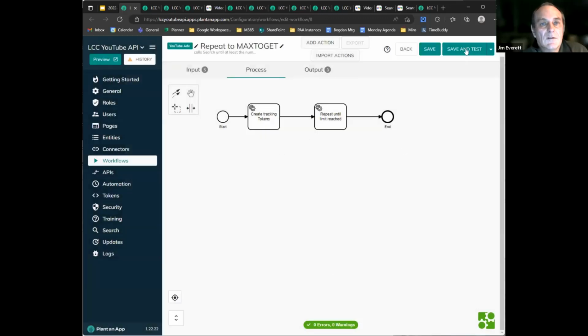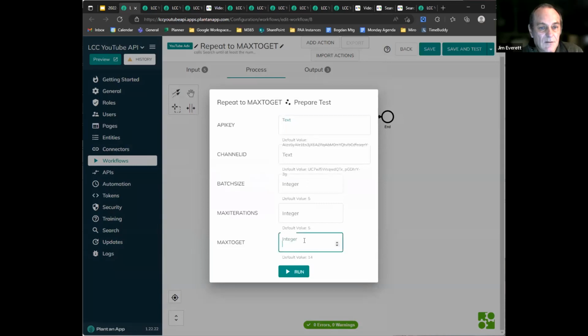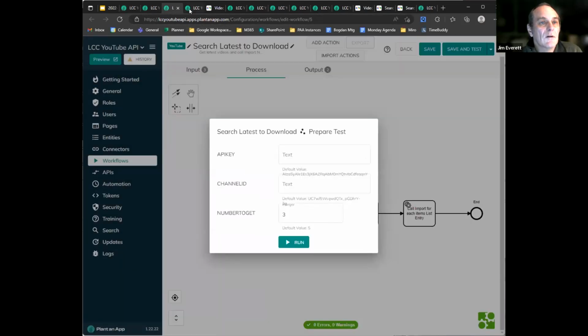So let's give this a whirl. It's got the API key, we've got a batch size, an integer, which is 5. Let's make the batch size a bit smaller, and we'll go for 7. So there we go. We downloaded 9 videos in 3 iterations, and if all is well, if I can find the wretched thing,